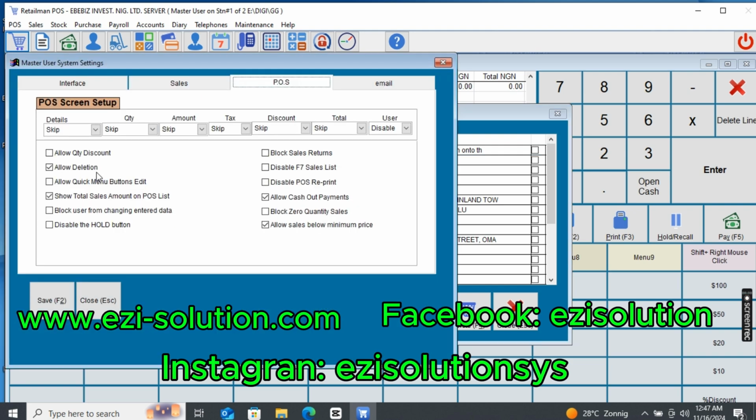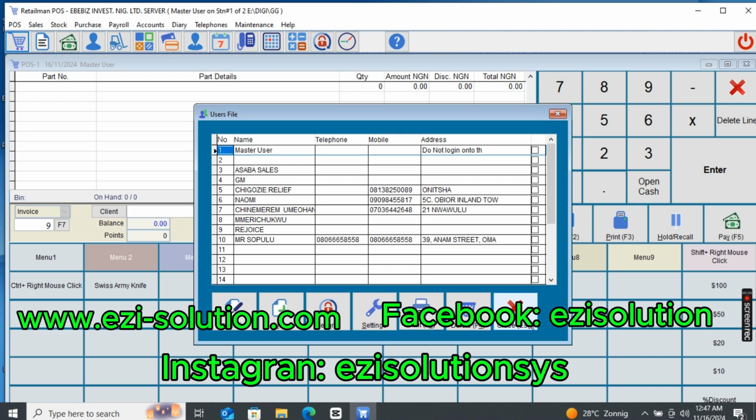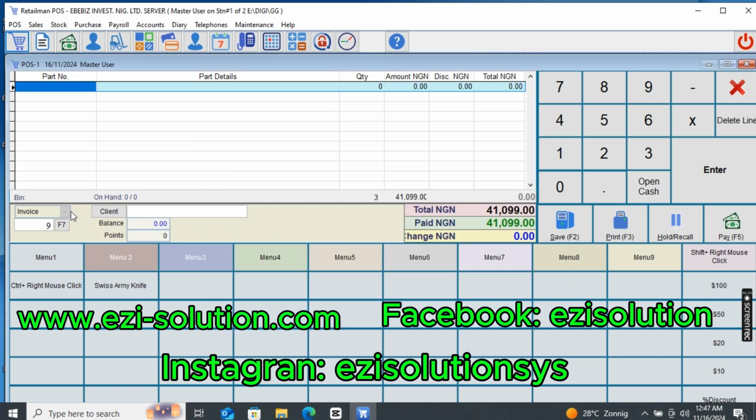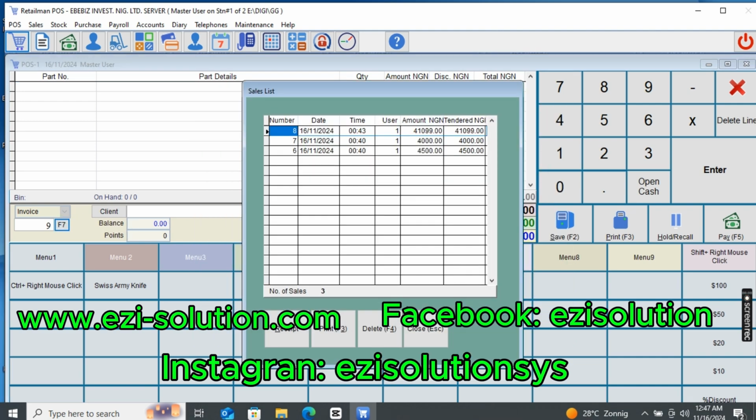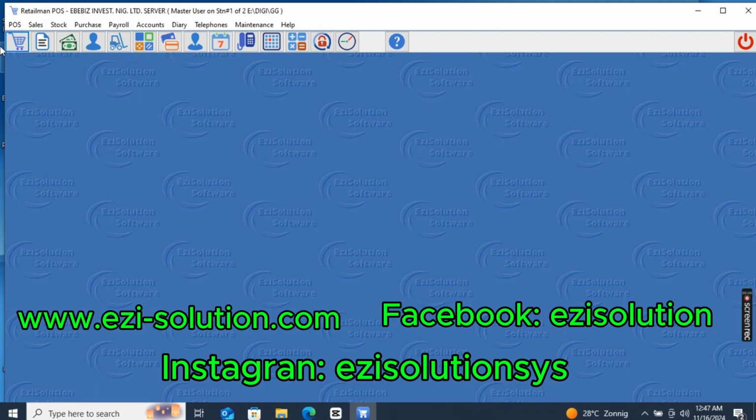Able to delete. I should be able to see it. Then I should be able to have access to the F7. Before, I wanted the total; I'm removing the total now. I need to log in again. Now watch. The total is no longer here, but the list of sales is here. Enable. Look at it here. If we check the total sales for the day,